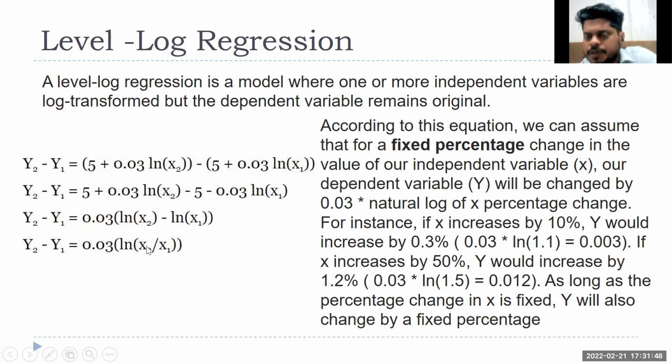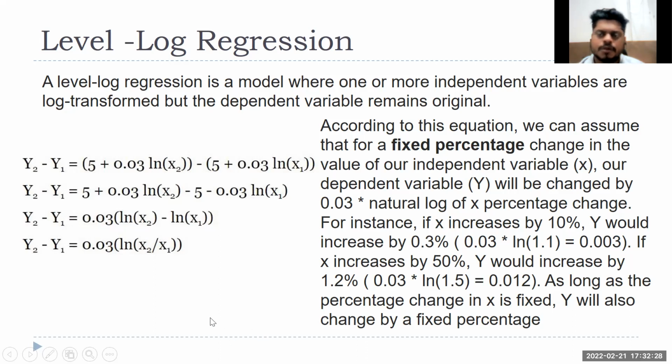For each unit change in x, my y value is changing by 0.03 times the natural logarithm of whatever the ratio is, right? So if let's say x increases by 10%, that means x2 is 1.1 x1. So this will become 0.03 multiplied by the logarithm of 1.1, which is about 0.003, right? So for a 10% increase in x, y is changing by only 0.3%. If x increases 50%, again you can calculate, it is only 1.2%, right? So the point is